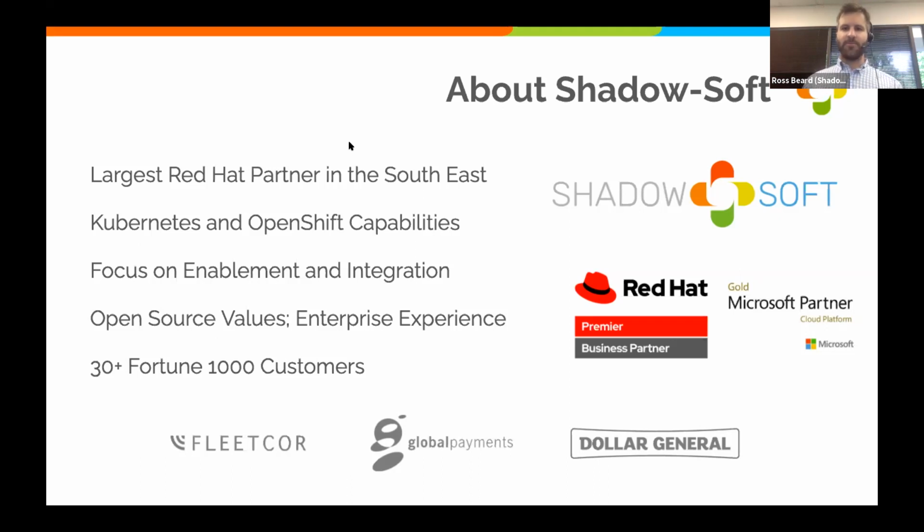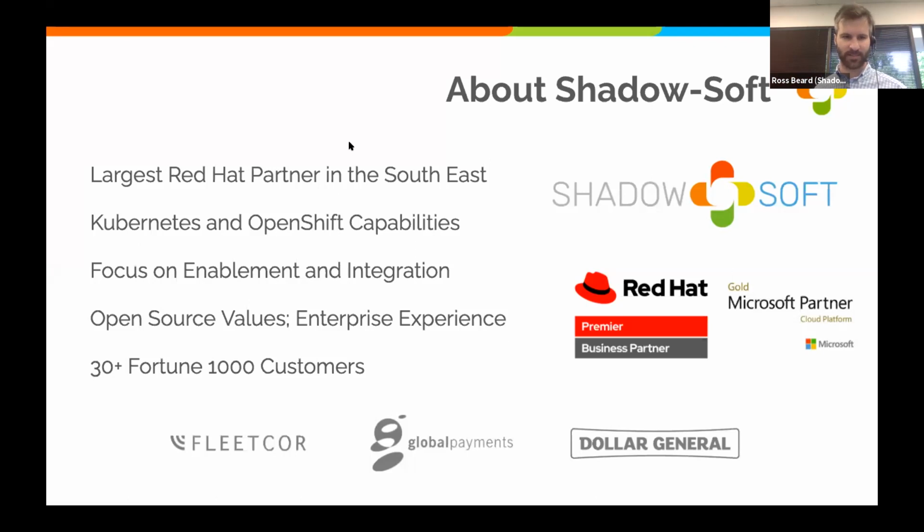All right, so a bit about Shadowsoft. We've spoken a bit about our partnership with Red Hat. We are the largest Red Hat partner in the Southeast. We really started helping customers get enabled with Red Hat Enterprise Linux. And then over the years, we moved into JBoss application server, then Ansible with automation. And then in recent years, we've specifically focused on Kubernetes and OpenShift. As part of this transition, we've built up strong capabilities with these particular technologies, and we're in a great position to help companies adopt, implement, and then get enabled around this transformative technology so that they can successfully modernize their